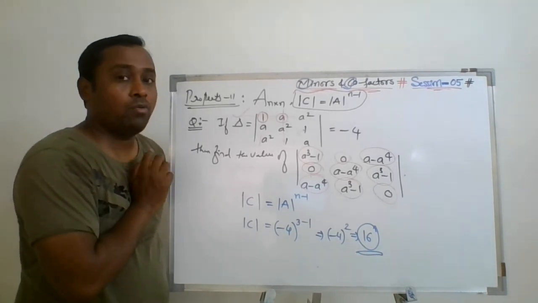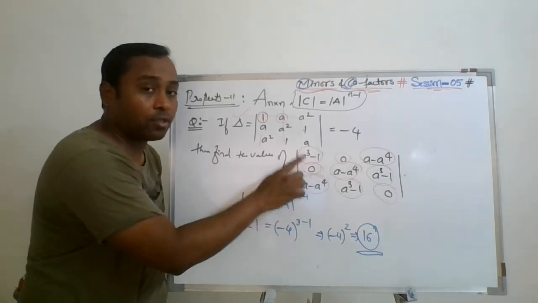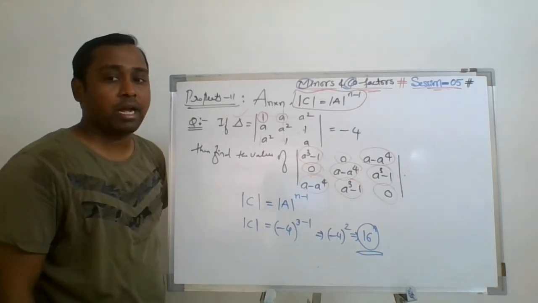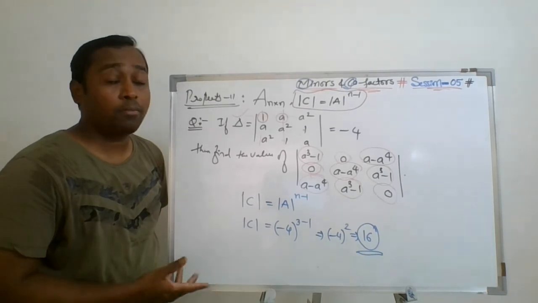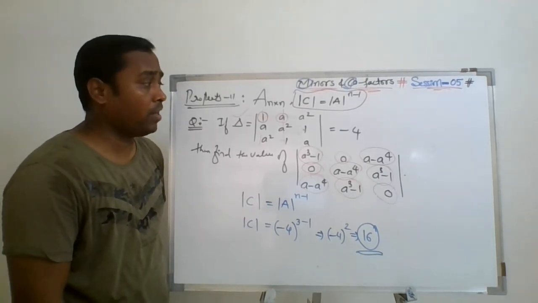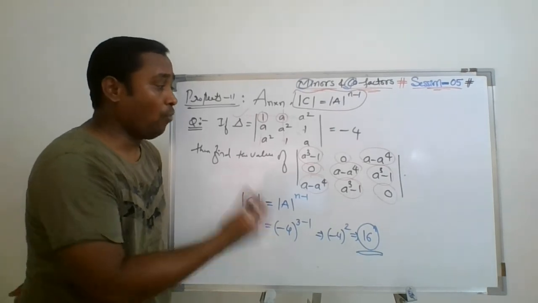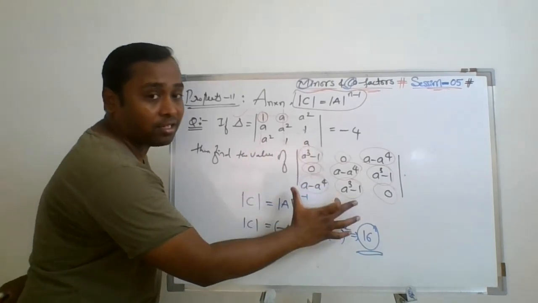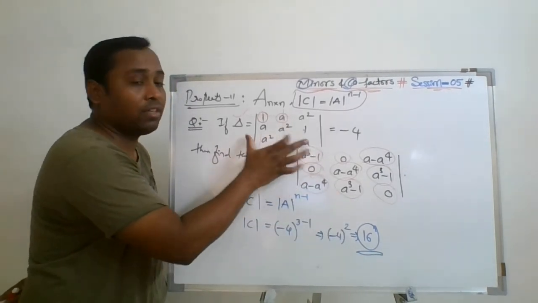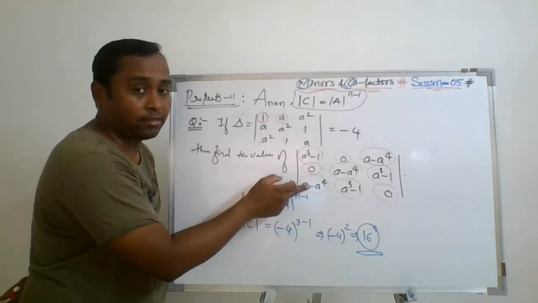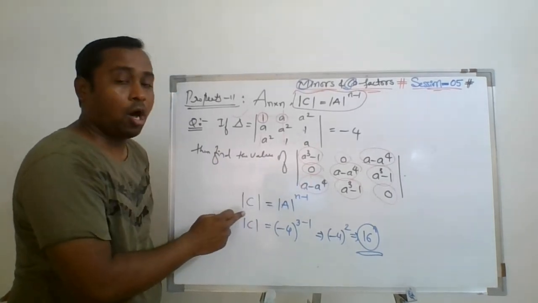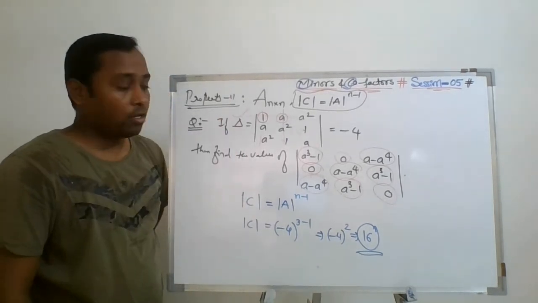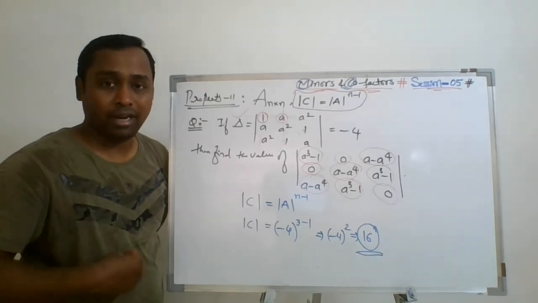If you are not able to identify that these are the cofactors of this matrix, then you will simply do it in a general way by applying general properties to expand it. And some people are not able to understand why this determinant value is given and what the connection is between this determinant and that determinant. If you get the connection, if this is a matrix, this will be the cofactor matrix. So how can we find the determinant of the cofactor matrix? Simply by using property number 11. I hope you have understood the importance of property number 11 here.